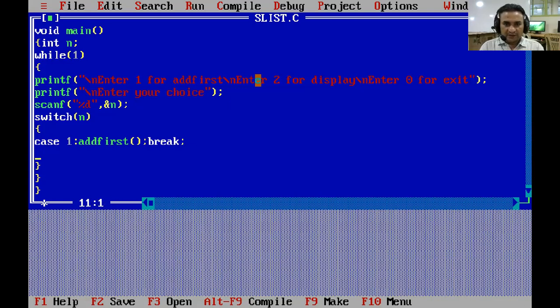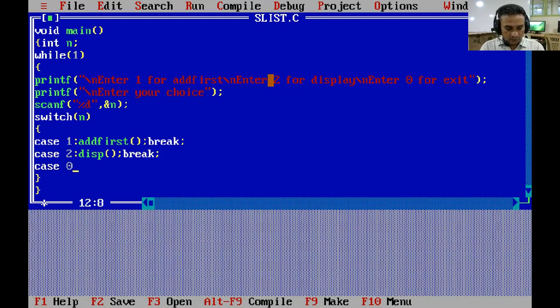If the user presses 2, then your linked list will be displayed. So we have to use case 2 and call a function like this. This is also a user defined function, and use break to run only the display function. And when the user presses 0, then this infinite loop will exit.